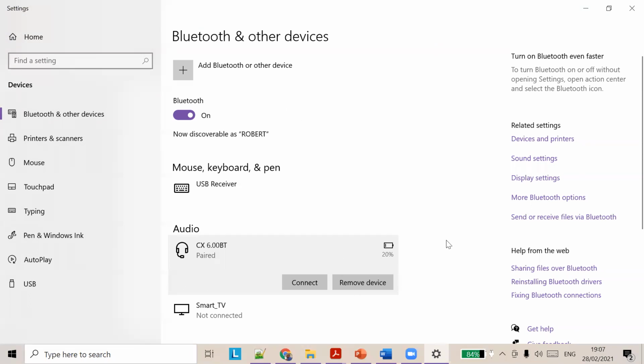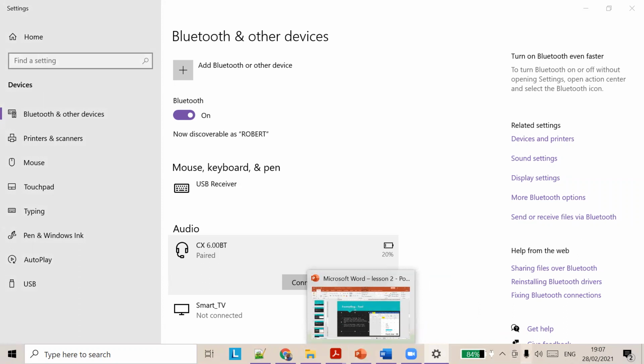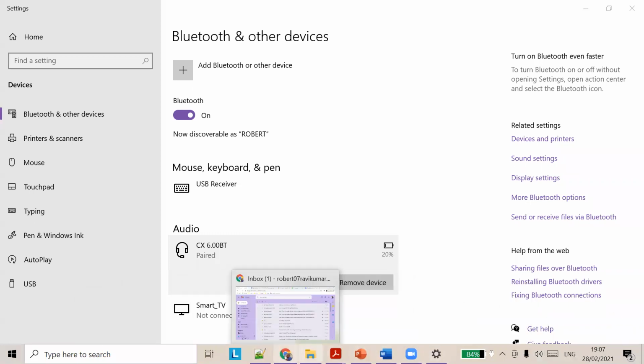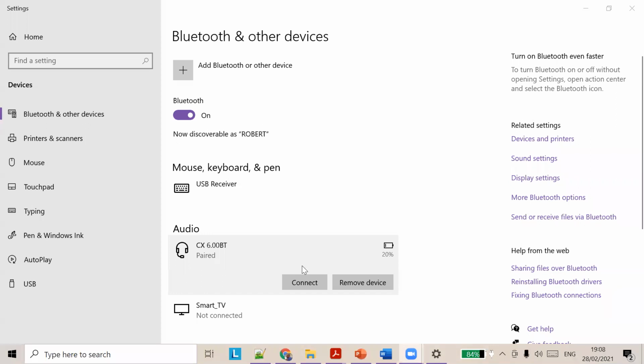So இப்போ clear ka? Hello. Okay, background sound வந்துட்டு இருக்கு. இது hammering sound. Okay. Sorry, கேக்குதா? இப்போ clear கேக்குதா? Hello. Clear கேக்குதா?